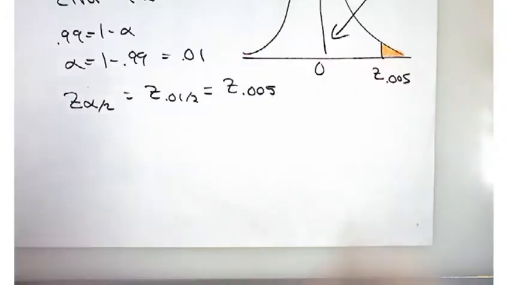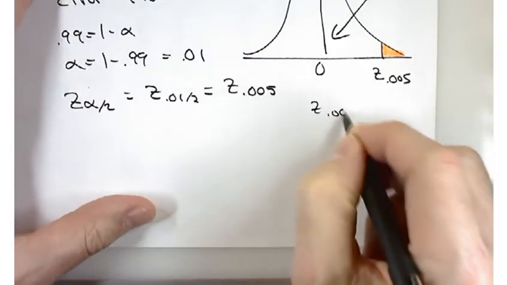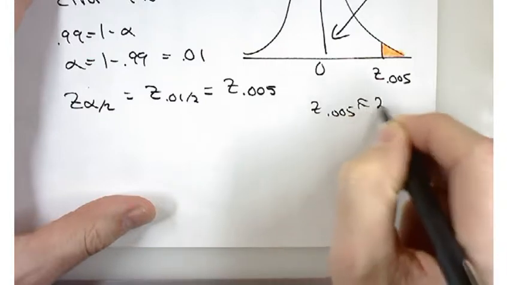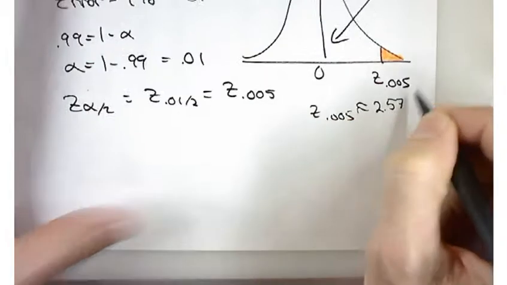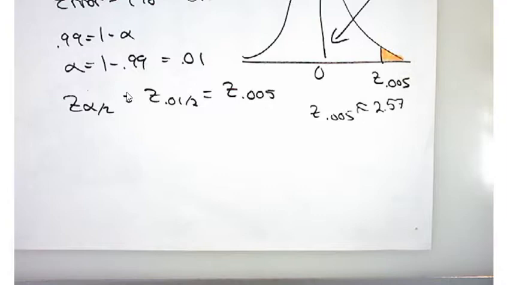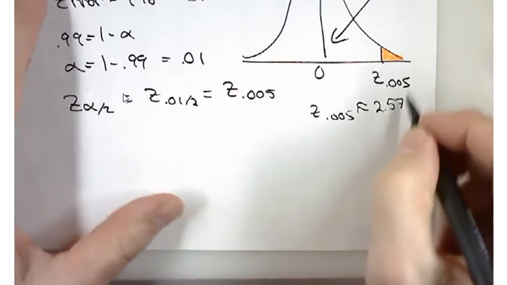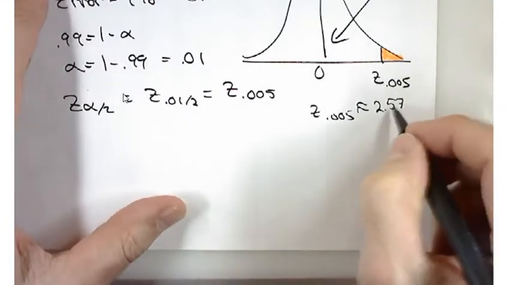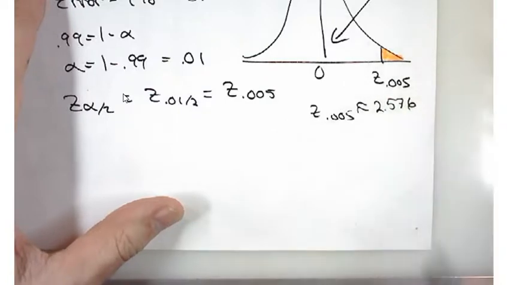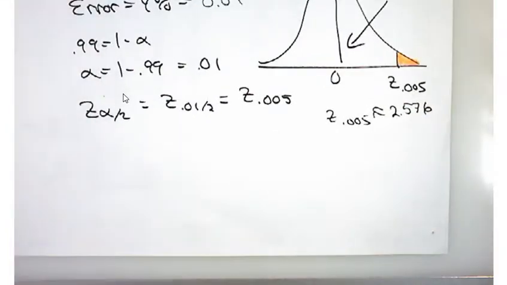Is everyone able to get this? 2.5, was it 586? 576? 576. Okay, thank you. Everyone's able to get that number one way or another using your favorite technology? Yes? Okay. Let's put this in now